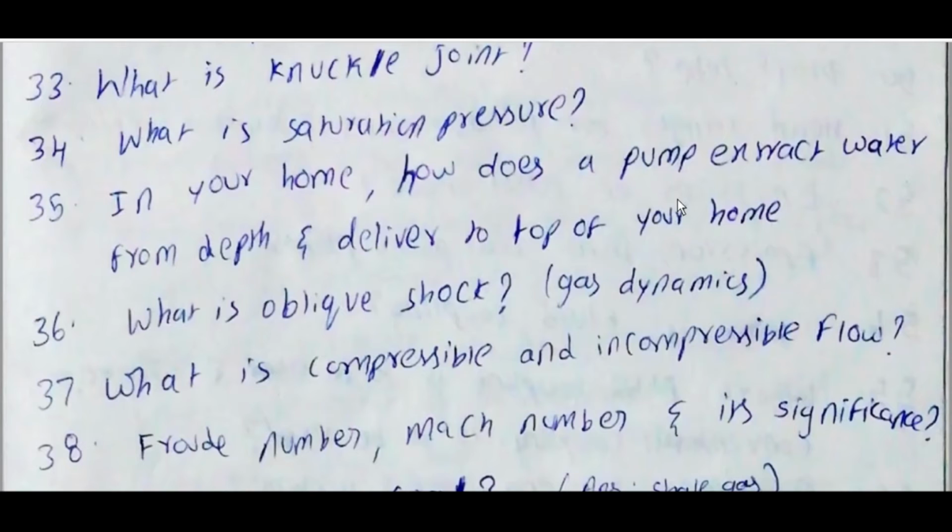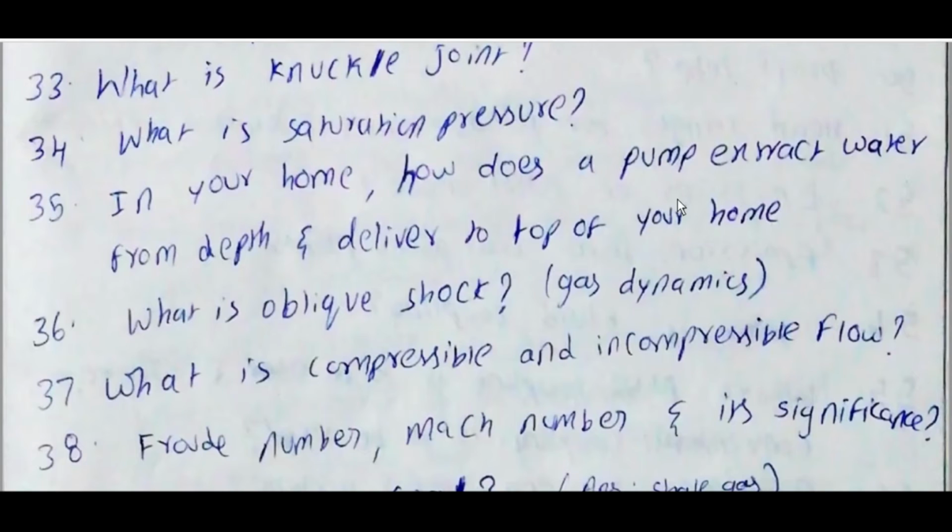What is oblique shock? For a compressible fluid, when an object moves faster than the speed of sound, that is Mach number greater than 1, there is an abrupt decrease in flow area. The flow process becomes irreversible and entropy increases. Shock waves are generated. Shock waves are very small regions in gas where gas properties change by a large amount. Across a shock wave, static pressure, temperature, and gas density increase instantaneously.